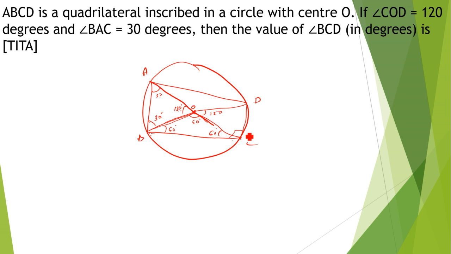So this is 60. Now we have to find this angle, and the sum of these two will be our answer, which is angle BCD. So since this is 60, it is given. Now consider this triangle